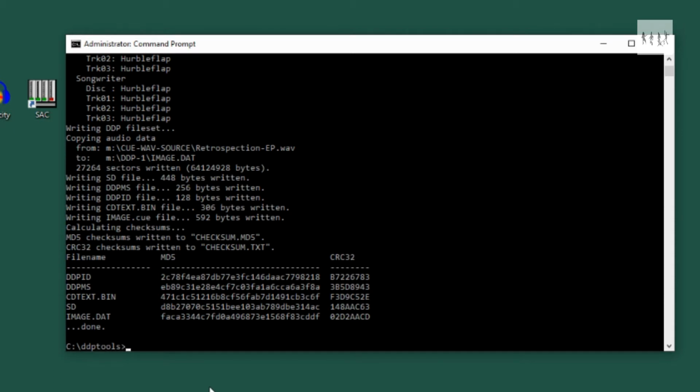It is a WAV file, but it doesn't have the WAV file headers, so it's just left, right, sample data. So it's raw audio data, and then various other files, including CD text information. Now, what this does do is to calculate the checksums in MD5 and CRC32 form, publishes those in the file set, which